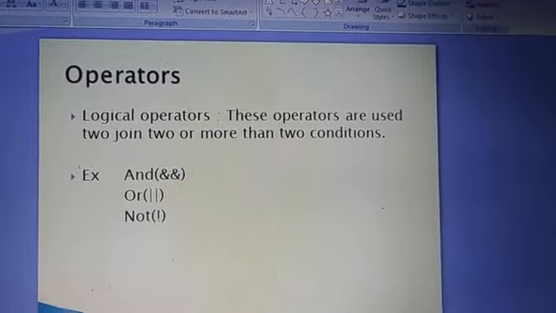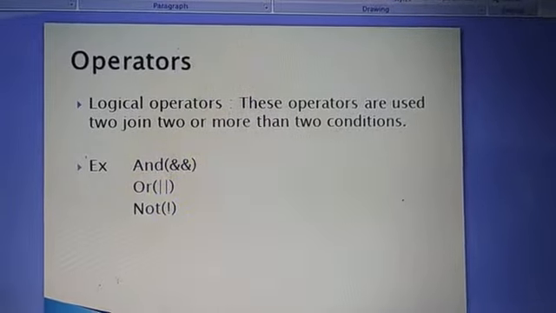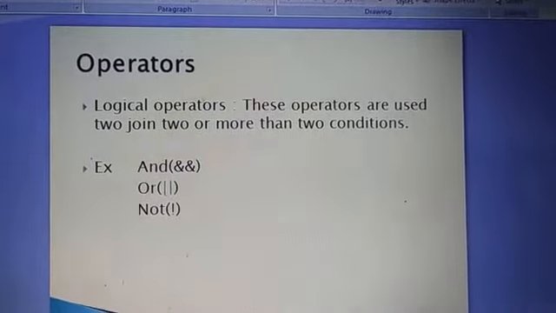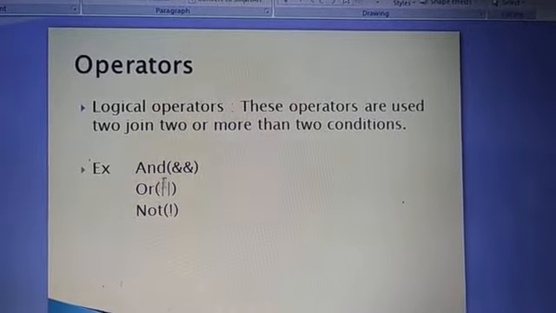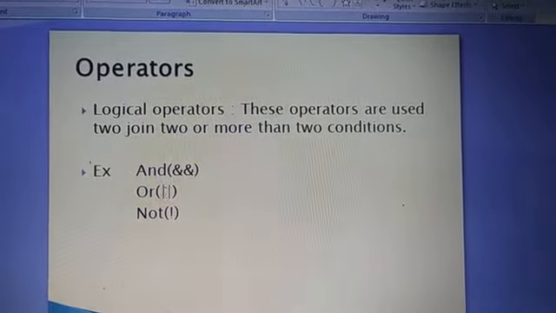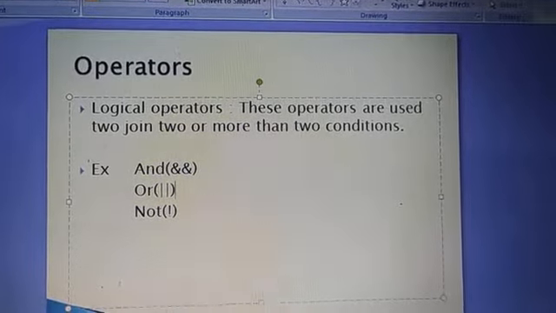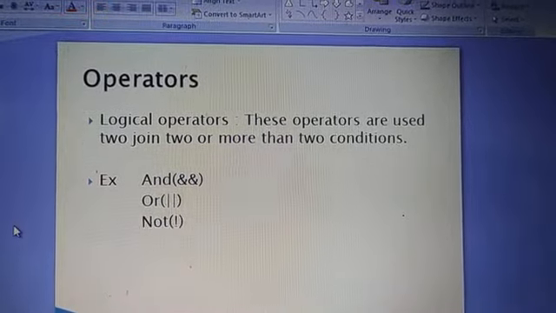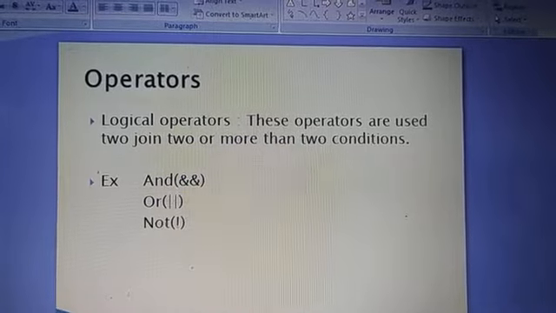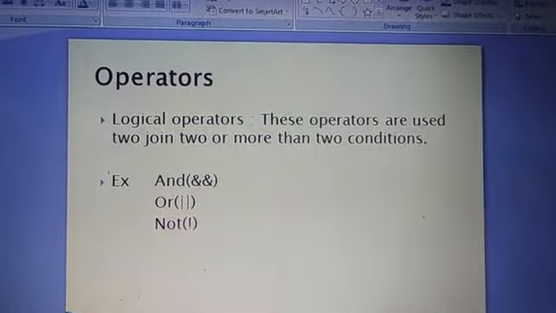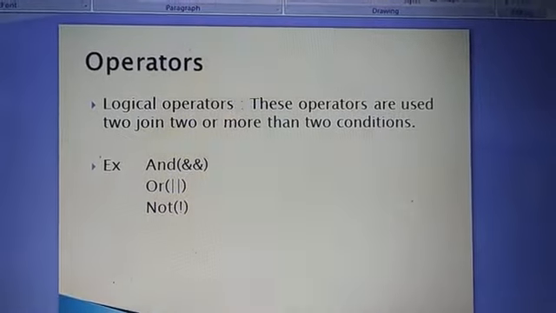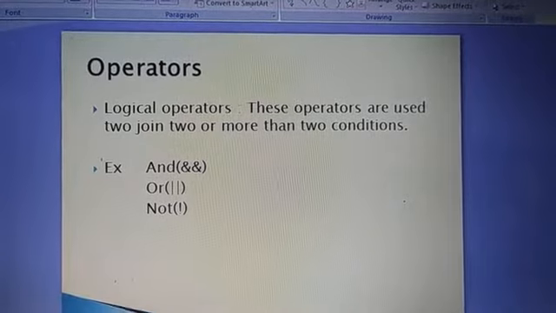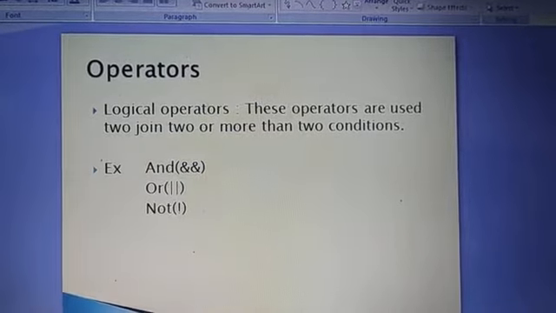Then suppose I have to find a number which is divisible by either 3 or 5. So either it is divisible by 3 or divisible by 5. So we will use two of these signs. This is the sign for the OR operator. You can type it by pressing shift and then backslash, and this sign will come. So this is your OR operator, and this is your NOT operator, which means if the result is true it will give false, and if it is false it gives true. Now I will explain logical operators in detail in the next video with the truth table.